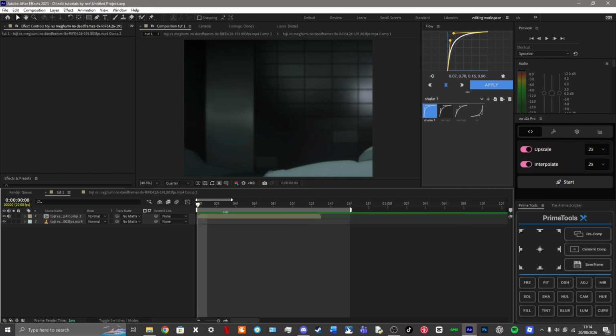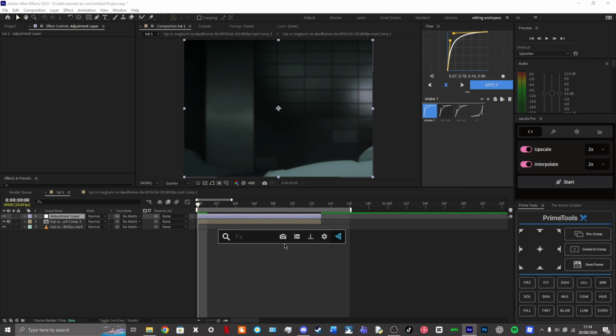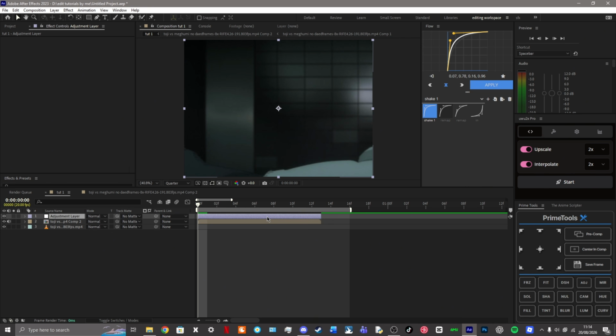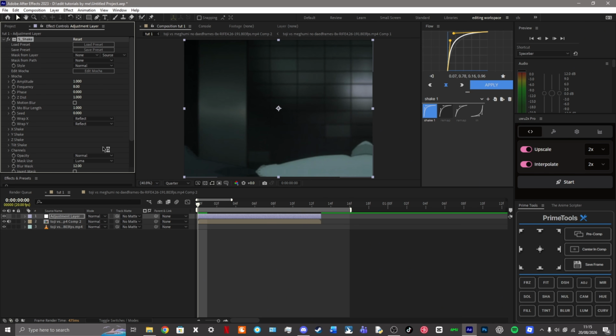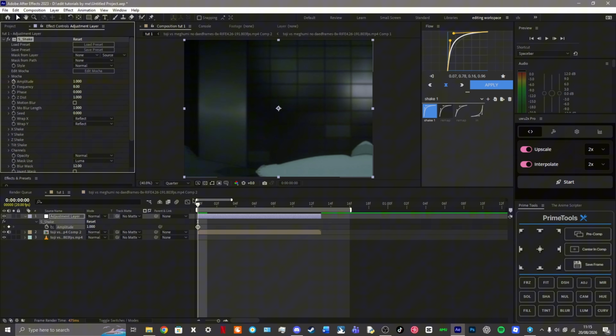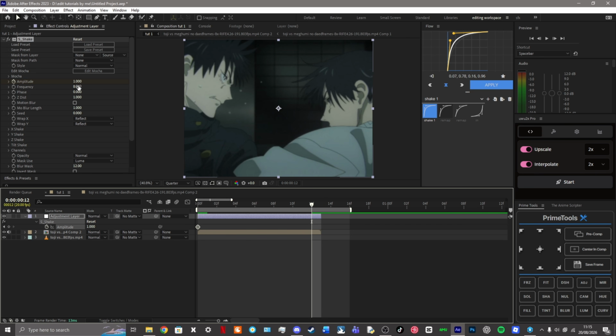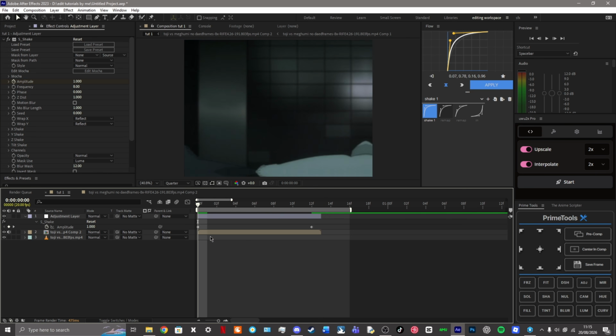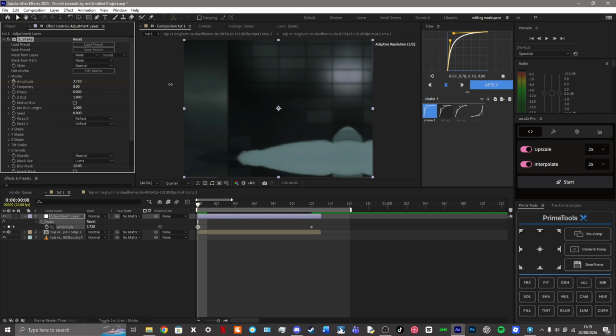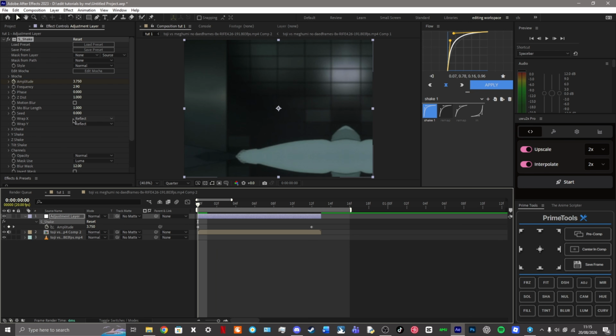just with a scale. Now I'm going to add an adjustment layer, and then I'm going to put S shake on it. So with this, first I just start by keyframing the start on 1, and then I'll do the end for this one, I'll do 0, and then I think I'll do 3 for now, 3.75, then I'm going to do about 2.9 on the frequency,